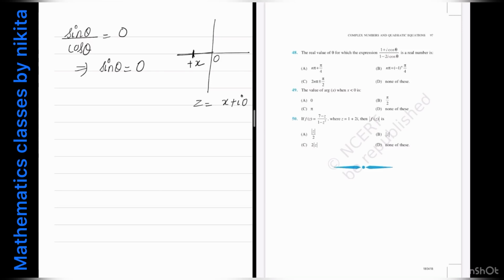ठीक है. So what is theta? Theta is equal to, sin theta is 0. So that means theta is equal to pi. Sin 0 is 0, but 0 का मतलब it is lying on the positive side. But I know that my complex number is lying on the negative x-axis. So therefore I will take theta to be pi because हमें पता है कि sin theta equal to 0 का मतलब है that theta is equal to n pi, where this n is any integer, any multiple of pi. But here because my x lies on the negative x-axis, therefore theta is equal to pi.